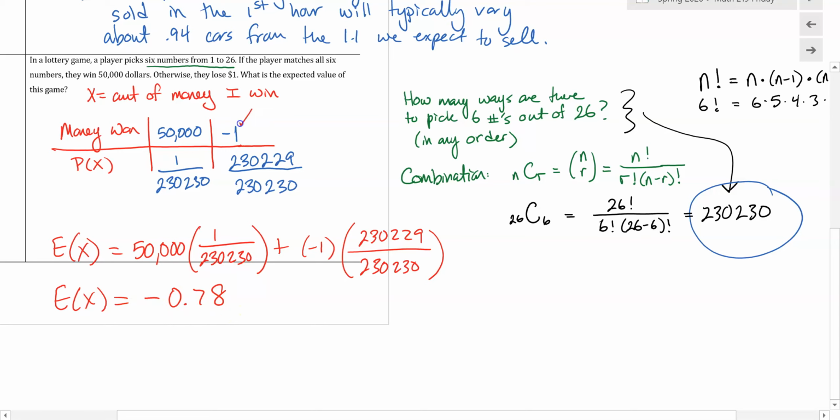Every time you lose $1. You can't lose 78 cents, you lose $1. But maybe you lose $1 twice, 3 times, and then you win a ticket. You win $3 or $4. So it averages out, it balances out to a loss of 78 cents every time you play that lotto. In the long run